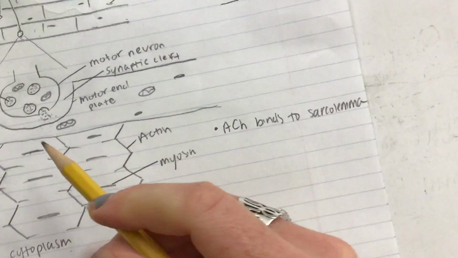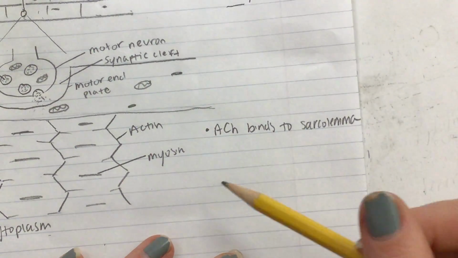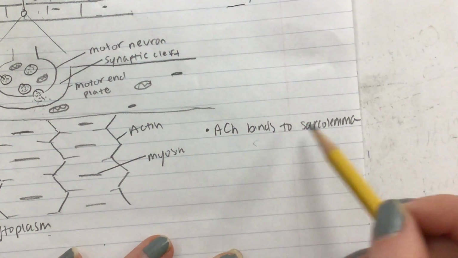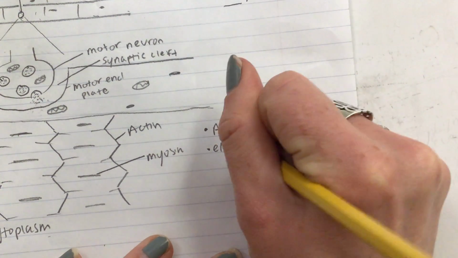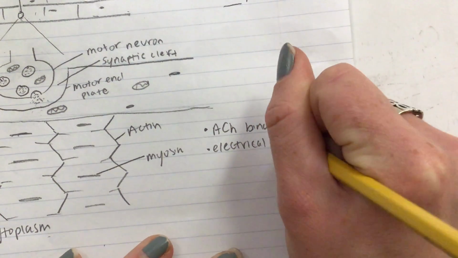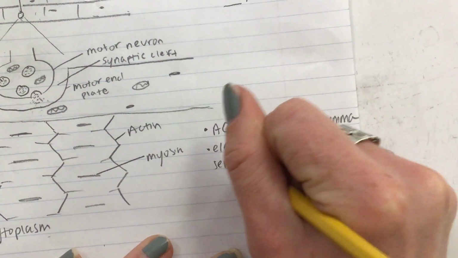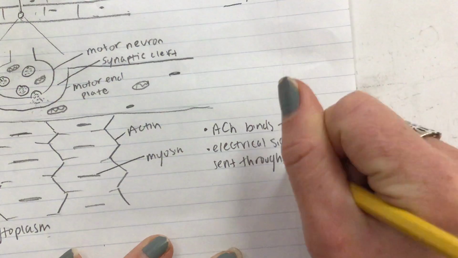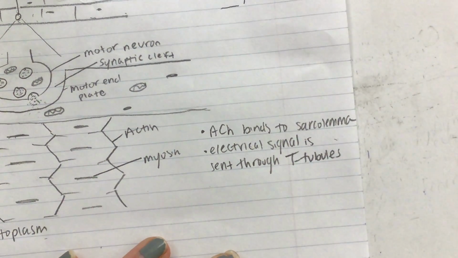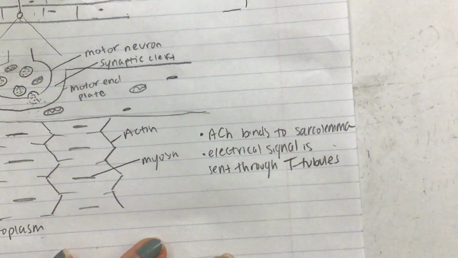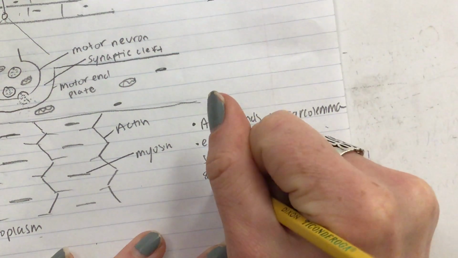This is what's going to happen at this neuromuscular junction. This is only after the brain has sent that signal through the neurons. Acetylcholine is released. It binds to the sarcolemma, and an electrical signal is sent through the T tubules, those transverse tubules. Now, as this electrical signal is traveling through these tubules, it triggers